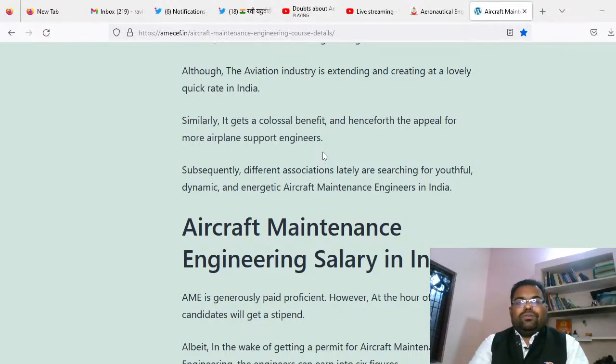And in the airlines, they actually give the certification for flying as well. Before any aircraft is going to take off, it has to take clearance from the AME engineer. The AME engineer will go on the ground, take the inspection, and finally give the signature that it is ready to fly, and only then will the aircraft go for takeoff. Similarly on landing, the AME team will go there and inspect everything. They will check the tire pressure, the tire temperature, and also inspect all the control panel and instrument panel, and finally give the green signal. So this is the broader task of the AME engineers.